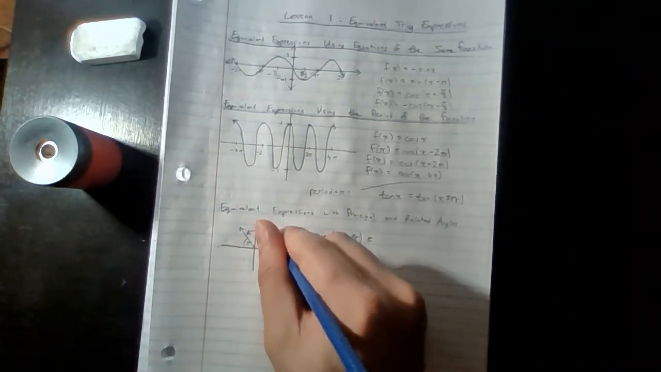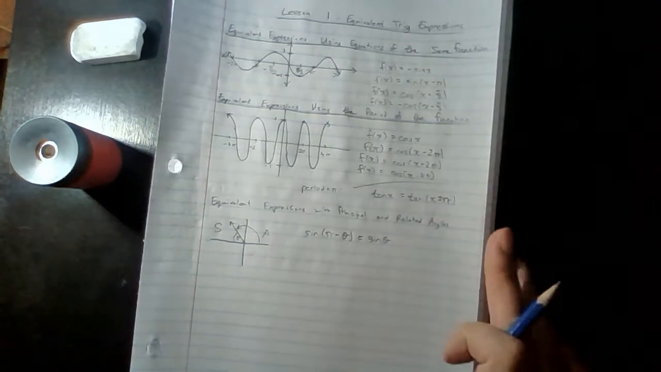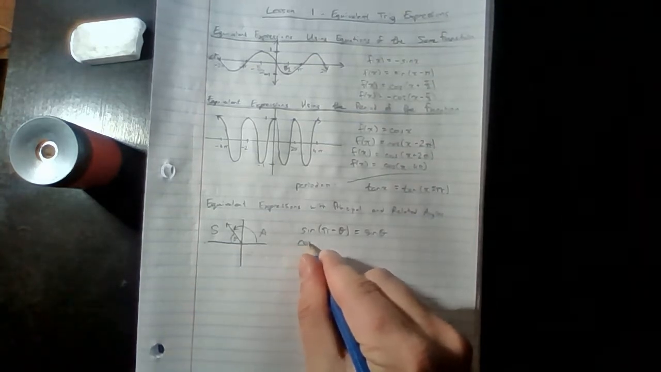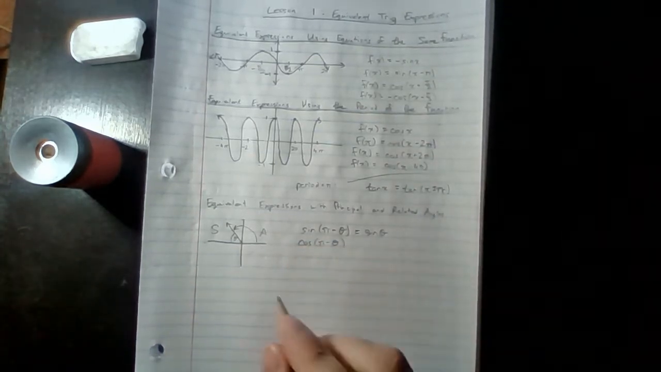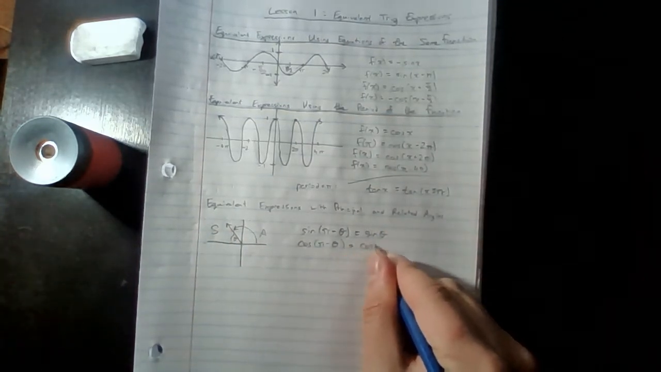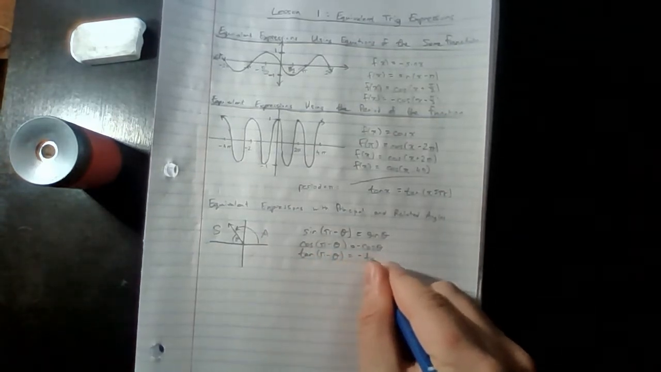And so for sine, because sine is positive in this quadrant, sine of pi minus theta is the same as sine of theta. That is always true. Cos of pi minus theta. Well, cos was negative in this quadrant, so that's going to be negative cosine of theta. And same with tan. Tan of pi minus theta is going to be negative tan of theta. So here we get another 3